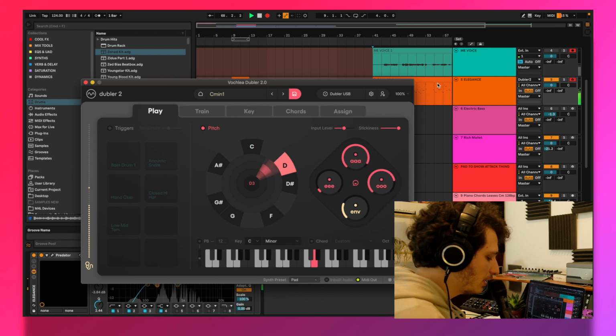A common misunderstanding or expectation that people have with Doubler 2 is that you'll pick up your microphone, make a flurry of random sounds, and get a perfectly flawless MIDI melody. But like any instrument, it takes practice, and there are some techniques you can apply that will really improve your pitch accuracy. The first thing to do is to use percussive sounds at the beginning of notes, for example singing with da da da as opposed to ah ah ah. This helps to separate each individual note, making the note start more obvious to Doubler.